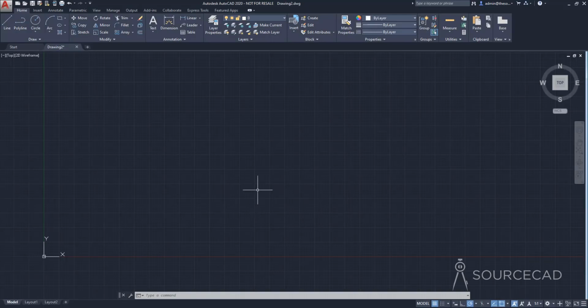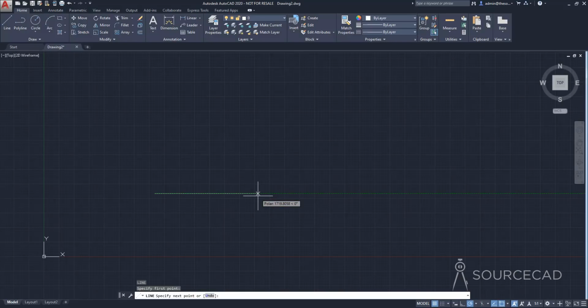Now let's talk about making the first set of drawing, and we'll do that using the line tool. So you can click here to select the line command, or you can also use its command alias L. So I'll type L and press enter to start the line command. Now we need to start from a point. As you can see here, the instruction says you need to start from a point. So I'll just click here, and now I'll move my cursor to the right. When you do that, AutoCAD will show you this tooltip on which you'll see the approximate length of the line. In this case, it's